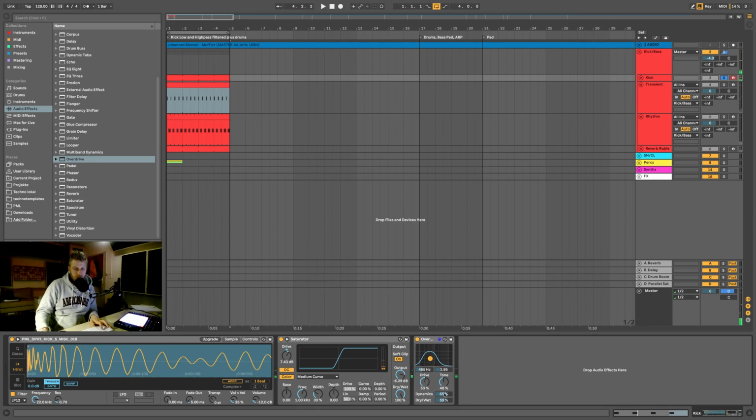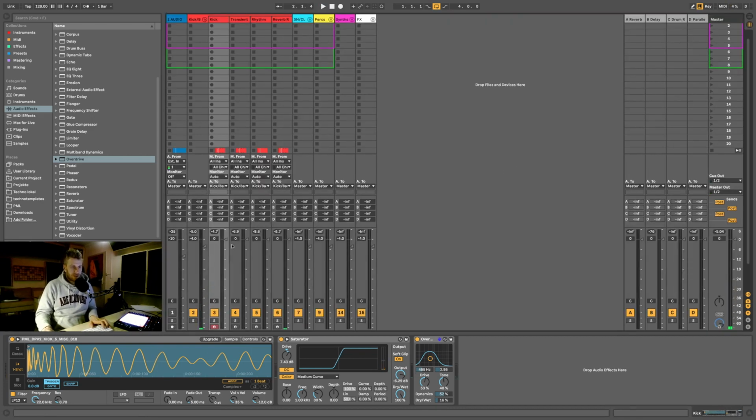I think I need something here. And then add just a tiny bit to the kick drum. Okay, cool. So next I want to change a little bit